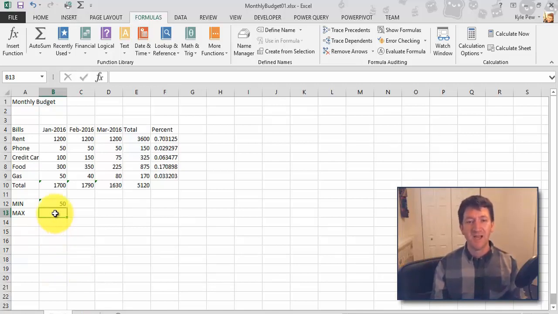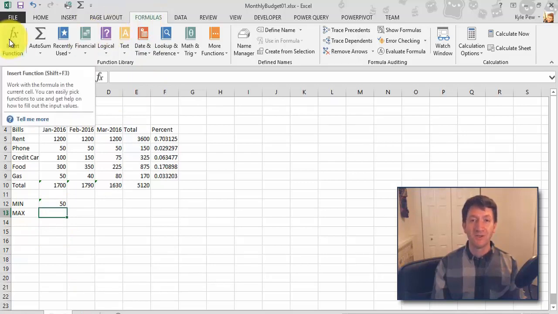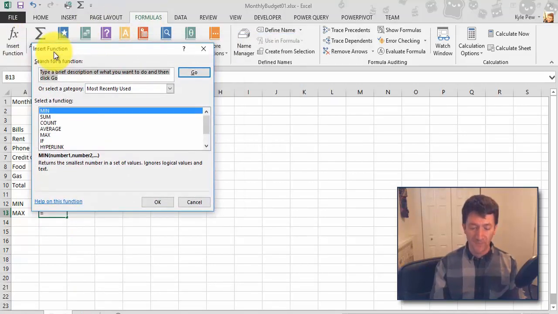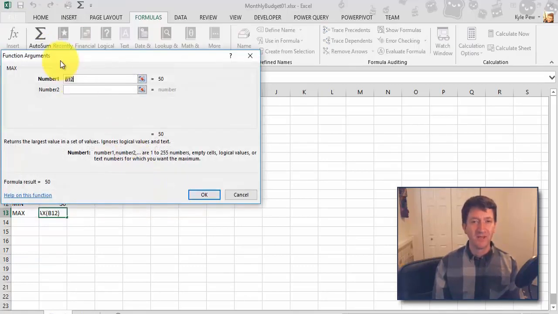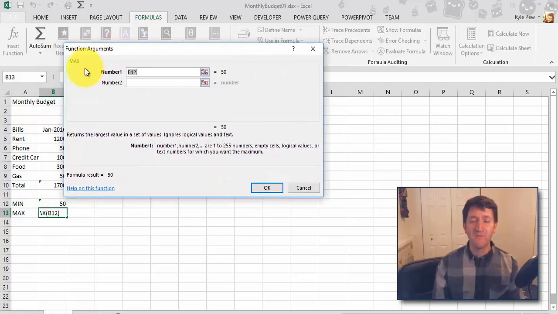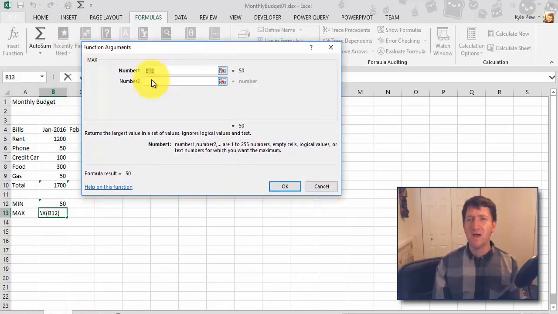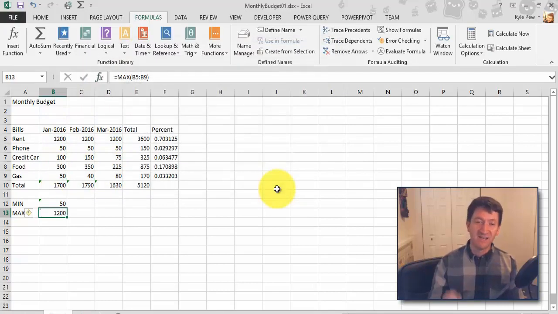Same steps. I'm inside of B13. I'm going to go to formulas, insert function. I'm going to search for max. Hit my go button. There's my max. I'll hit OK. Look at this. It's practically the same. It's just a different function. I don't want B12. I want B5 through B9. I'll hit OK. And I just found the largest value, the maximum value from that range of cells using the